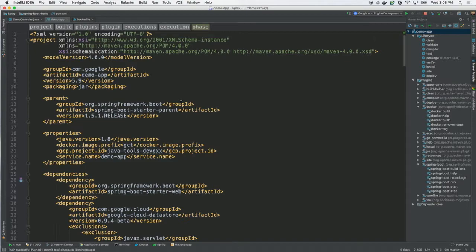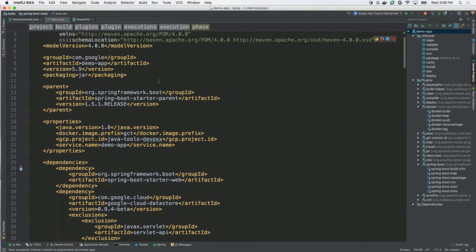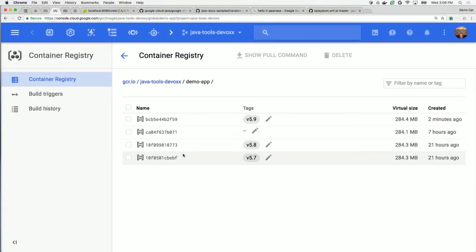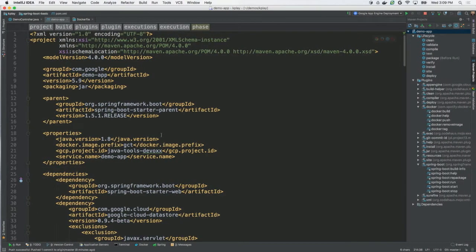Oh, damn it. Okay, this was an important step because V5.9 is actually a version that I've pushed to before. So I have to change it real quick because otherwise when I bring this up in Kubernetes, it's actually going to use the old push that might not have this code. So let me just do that real quick, 6.0,